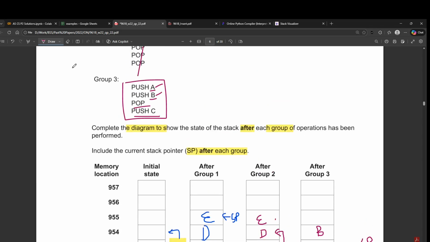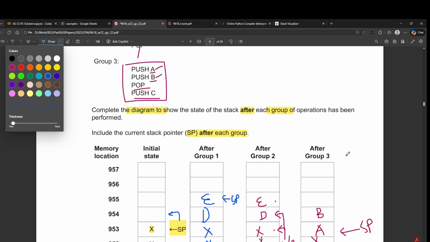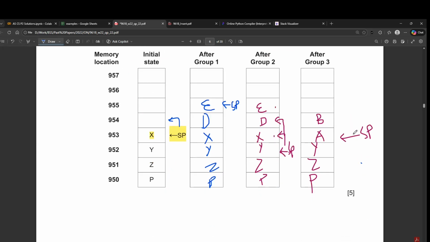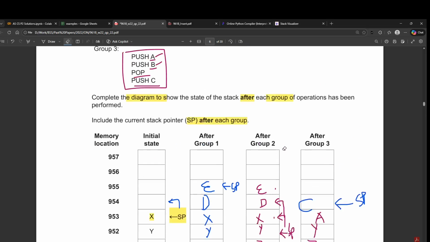And then it says push C, so this would be a new value that we have to push. Again, to push the value, we'll first increment the stack pointer by 1, and then we'll override this value with C. To write it again, this is where C would be stored, and this is where the stack pointer would be pointing to, and then this value would be gone. So it would become P, Z, Y, A, C, and